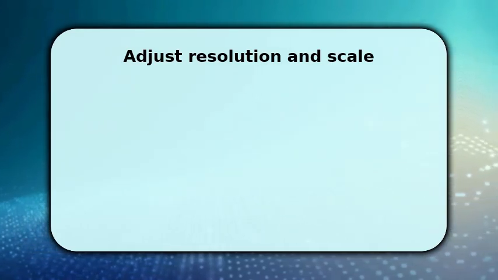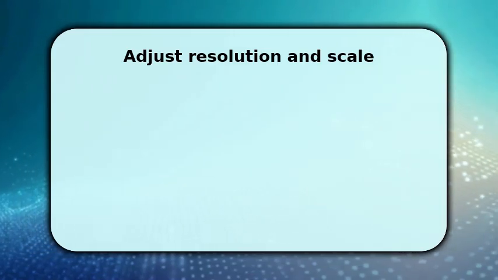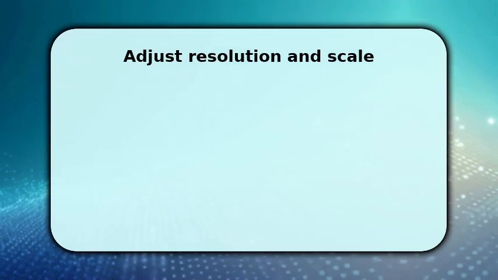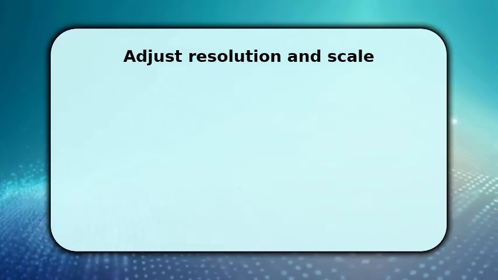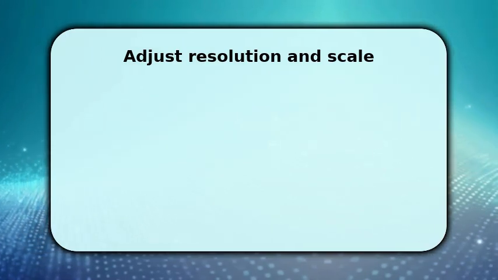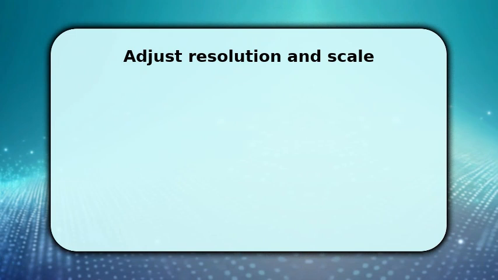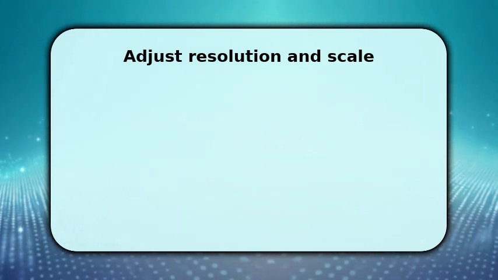Next, adjust scale or display scaling to increase or decrease UI element sizes. For example, set 125% to make text and icons bigger without losing sharpness. As you change values, watch the preview and test typical apps. This combination of resolution and scaling gives you